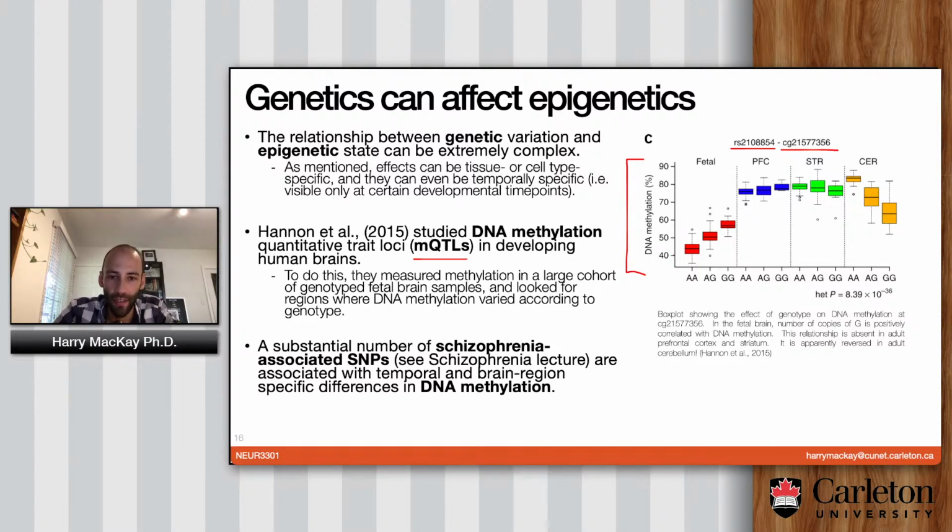methylated all the way up to 90%. Here on the x-axis of the box plot, you have the different alleles that they studied. Somebody could be homozygous for A at this particular SNP. They could be heterozygous, or they could be homozygous for G. And this is the same SNP studied in 4 different brain regions, okay? So in the fetal brain, the more copies of G you have, the higher your methylation is going to be. So AA has the lowest methylation, and GG has the highest, and AG is in between. Okay, so that's a dose-response relationship between the presence of this particular SNP and the level of methylation in the fetal brain. But guess what, folks?